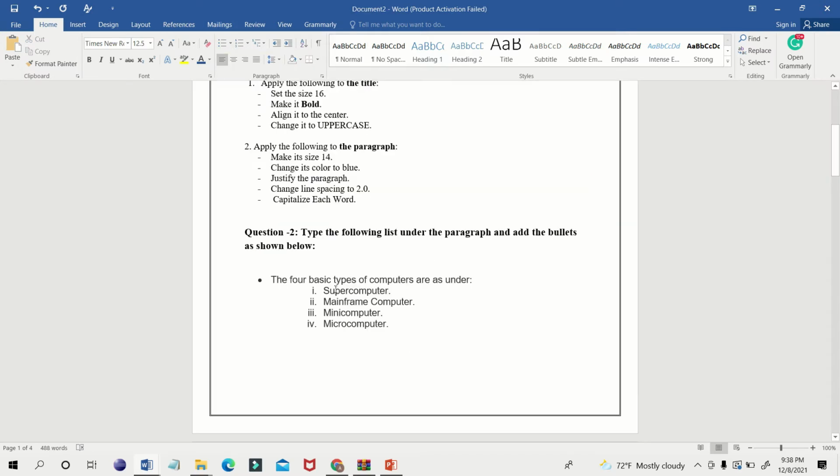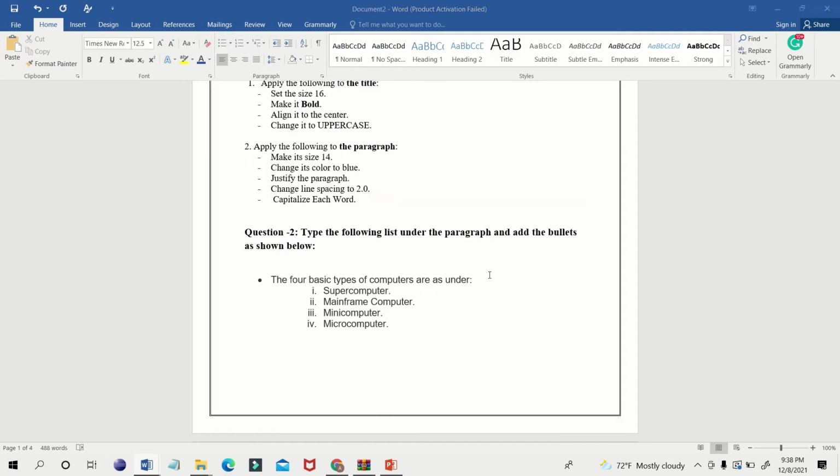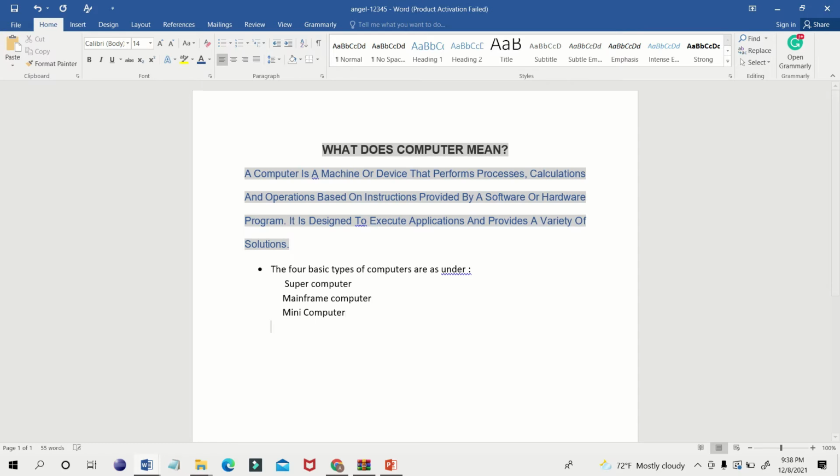Okay, so the next one is supercomputer, mainframe, mini, microcomputer. So then now we can give the supercomputer, mainframe, mini and micro.